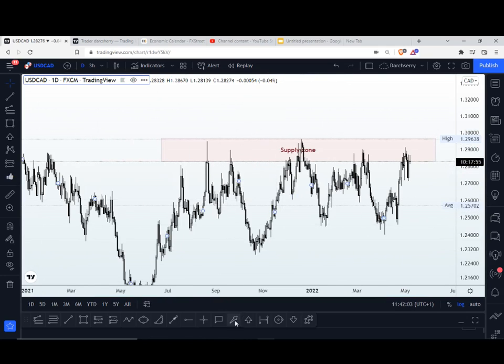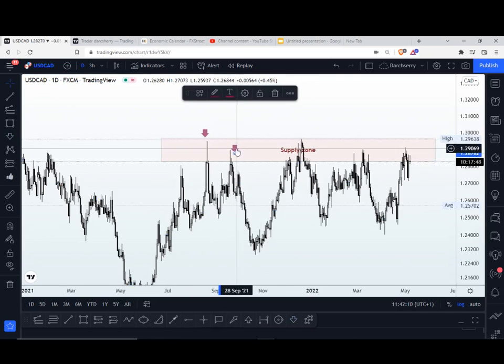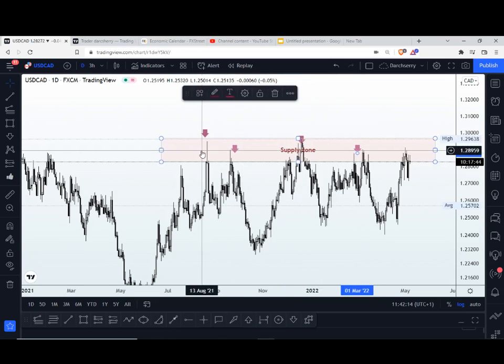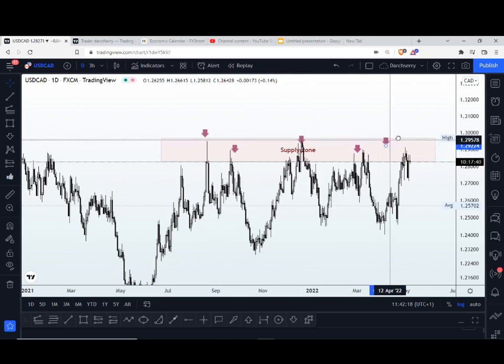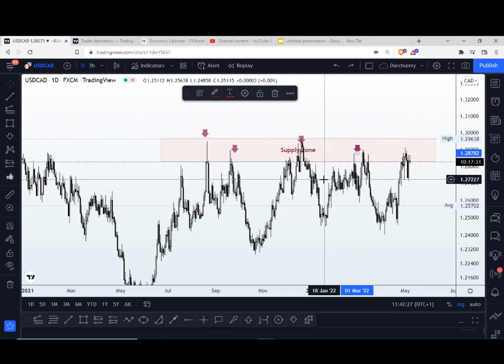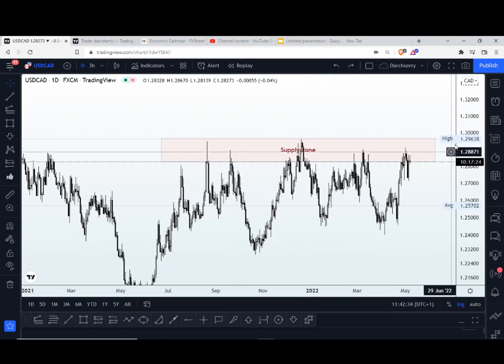You can see that every single time price comes into that 1.29 area, we continue to see multiple rejections of this area over time, and this happened through the span of, let's say, 6 to 7 months thereabout. And right now in the month of May, we also have a rejection of that same area at this point. So with this setup, definitely we want to be looking for selling opportunities at this point,